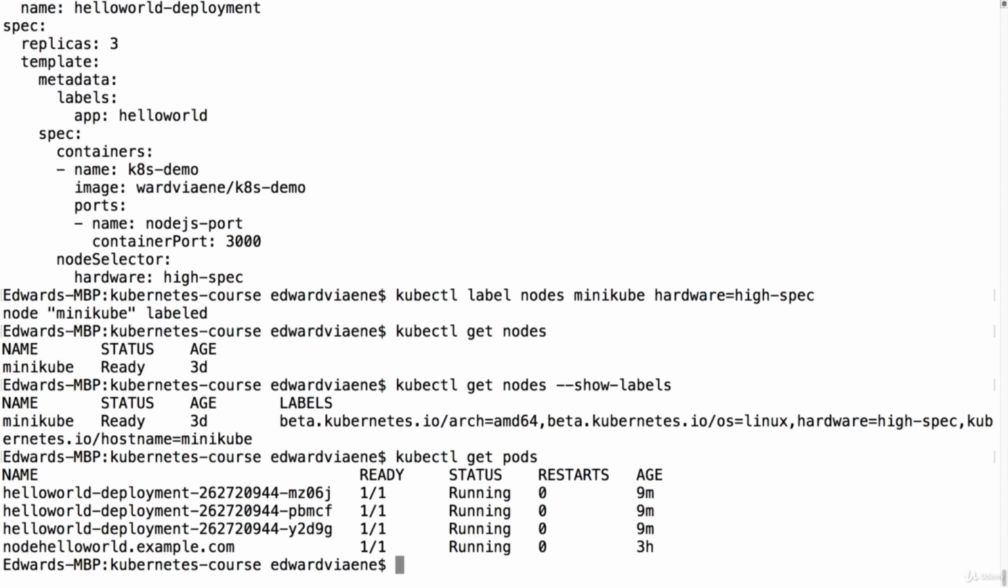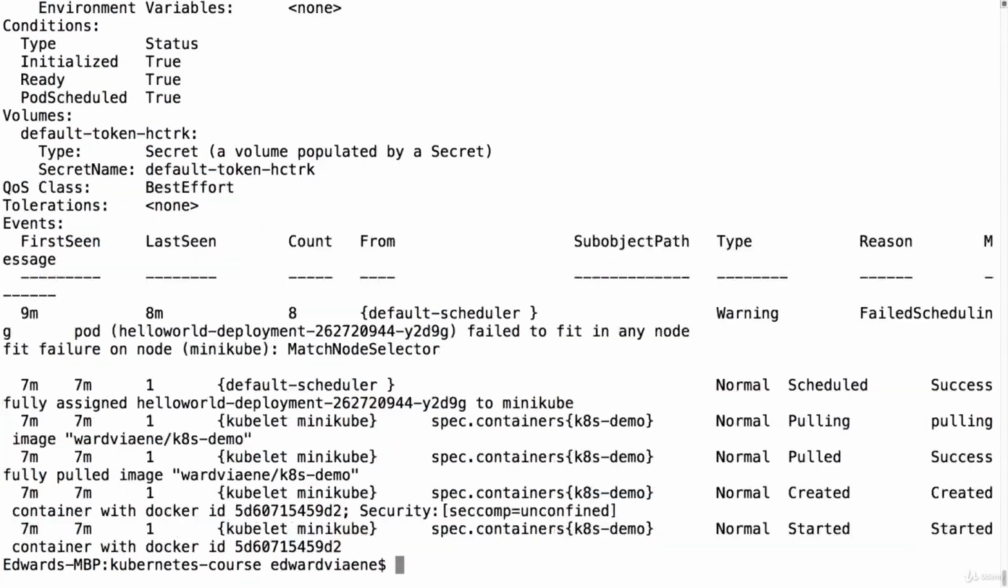And you can see in our case, it didn't need a lot of time. It is now running. So if you do describe pod, and then let's take this pod, we see in the beginning we had a warning. We couldn't schedule the pod, it was not running, but once we changed the label, it could actually run on